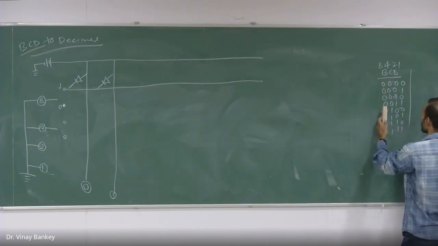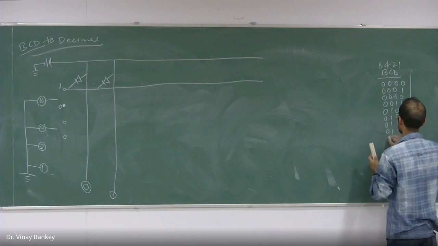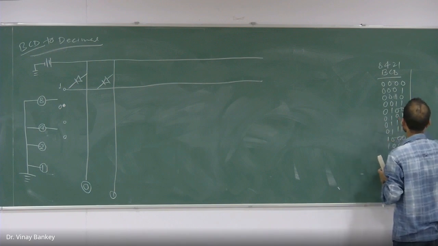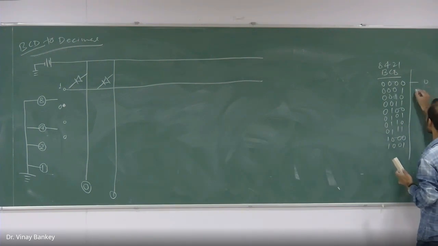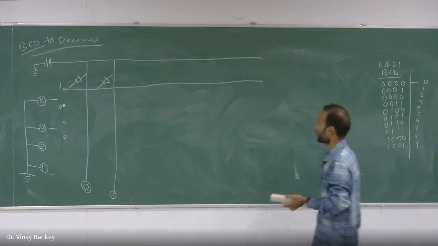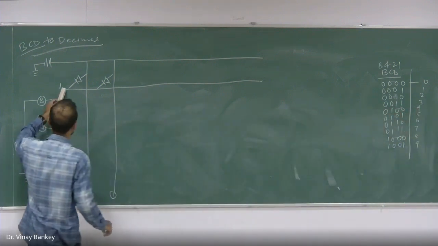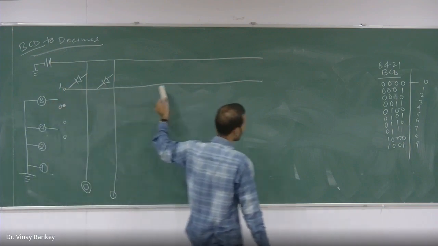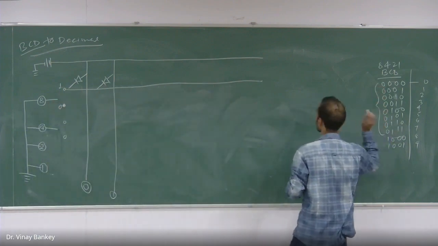Four, 5, 6, 7, 8, and 9. So this will show your 0, 1, 2, 3, 4, 5, 6, 7, 8, and 9. Okay, so now the weightage of this 8, if I connect to 1, so it will have 6 zeros in the row. It means